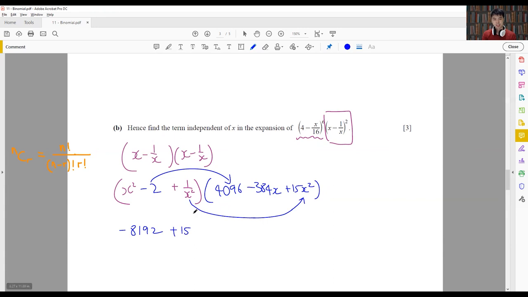Now, after checking all of this one by one, I know that these are the two values that are independent of x. That means they don't have x around them, or you can think of it as x to the power of 0. Solve this here, it is just negative 8177. Okay,